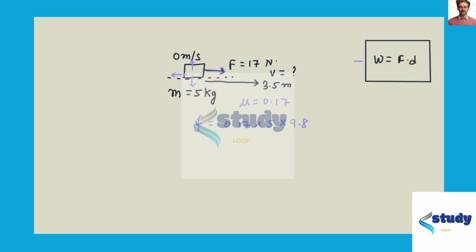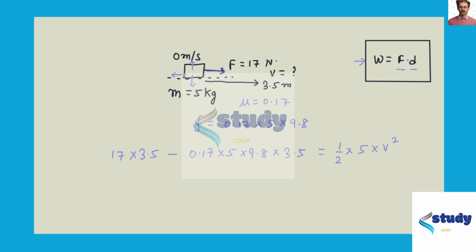To compute the work, we use the formula: work is force times distance. So we add the total work. The work done by the applied force is 17 times 3.5. From this, we subtract the work done against friction, which is the friction force times the displacement, and this is equal to the net change in kinetic energy. Since initially it was at rest, it is just the final kinetic energy, half m v squared. So we multiply 17 with 3.5, and from this we subtract 0.17 times 5 times 9.8